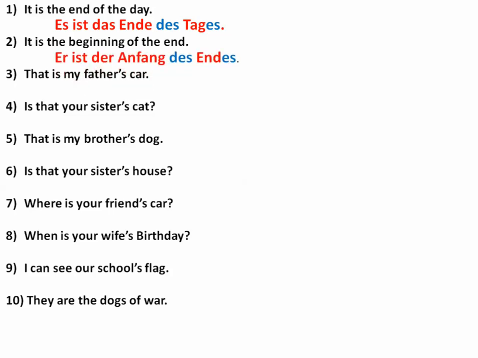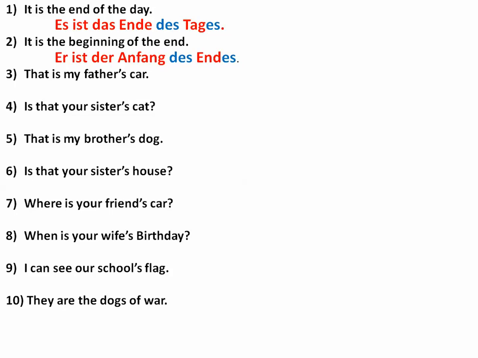It is the beginning of the end. Es ist der Anfang des Endes. So really, das Ende is the word here, and so it's really just adding an s, because Ende is two syllables long. I've highlighted the es here, but it's really just the s that should be highlighted, because the e actually belongs to the word. Das will change to des, so des Endes.